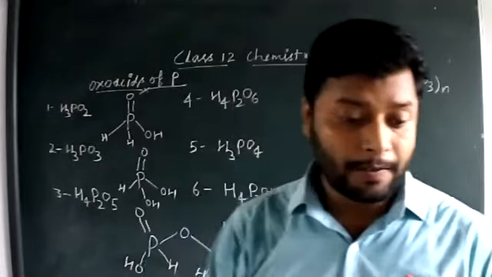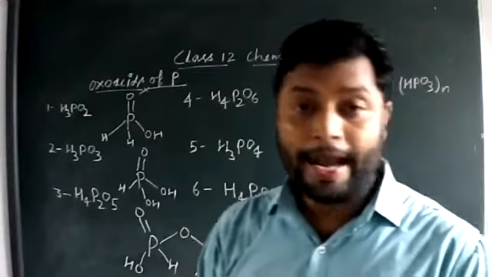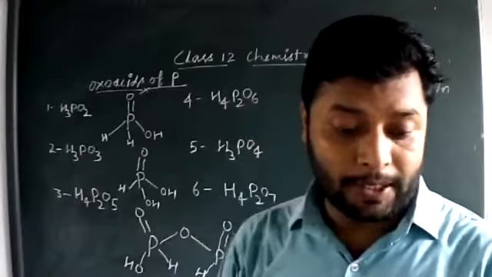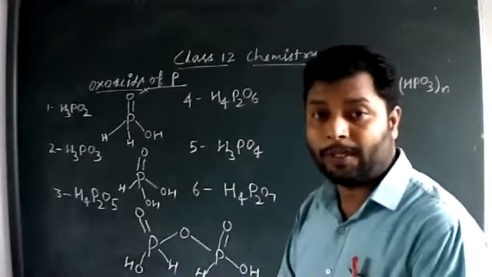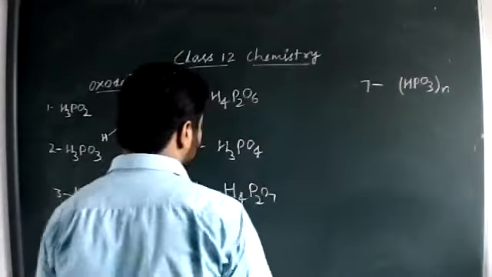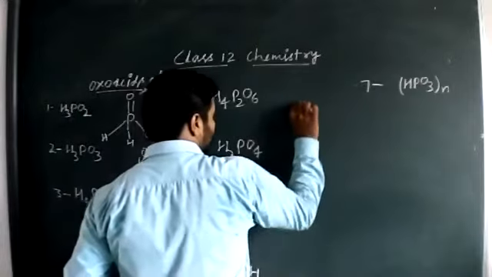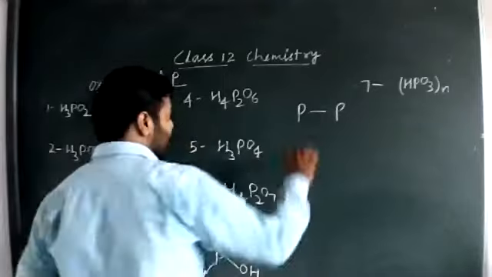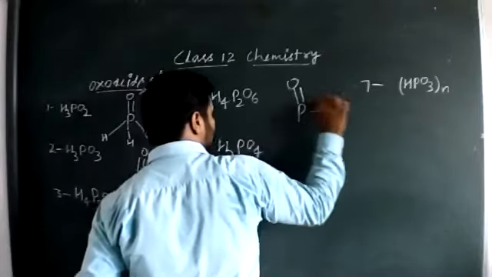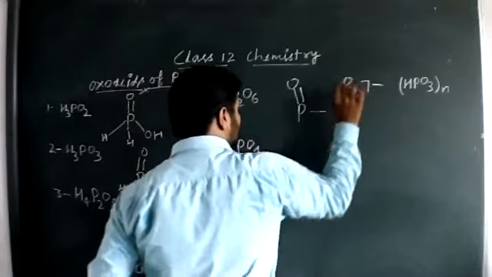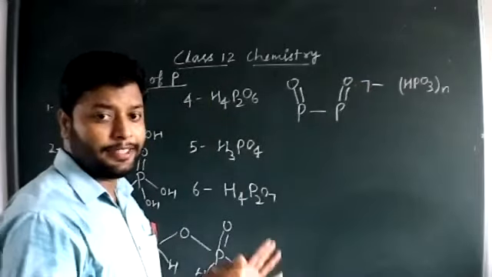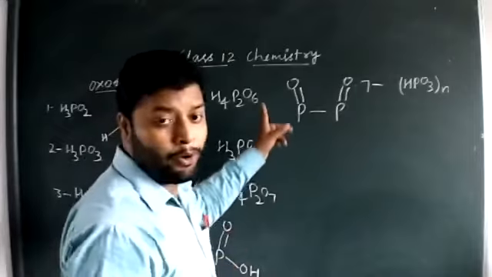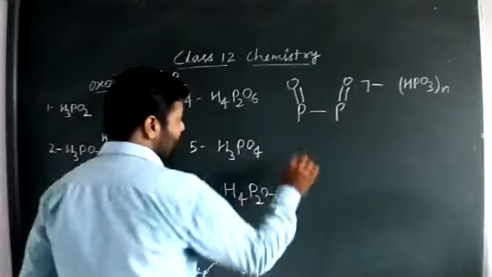So make a bond here. Our name for H4P2O6 is hypophosphoric acid. So try to make a bond. There will be a PP bond. Then double bond oxygen in the same pattern, and the remaining oxygen. There are 4 more oxygen that will make a bond like this.